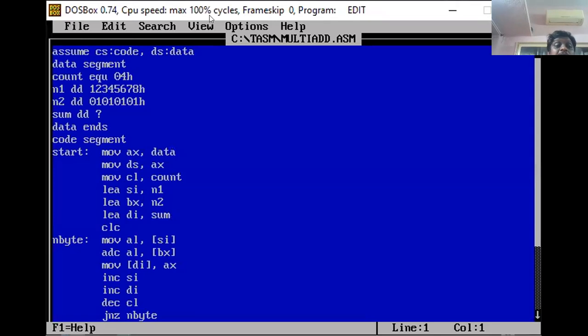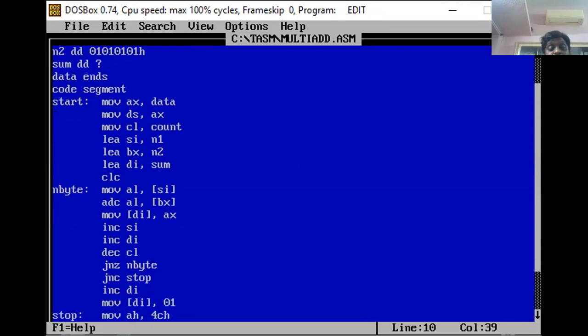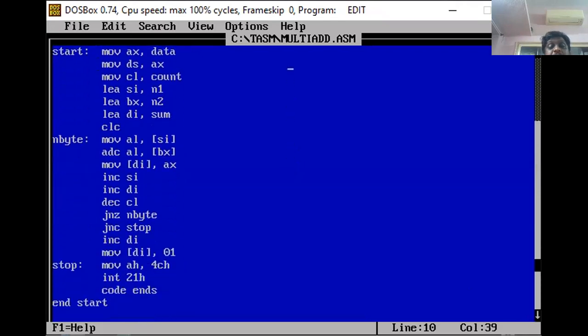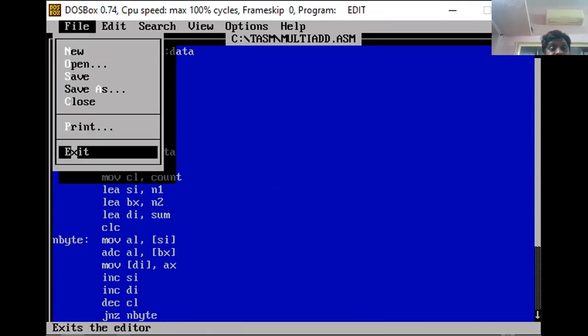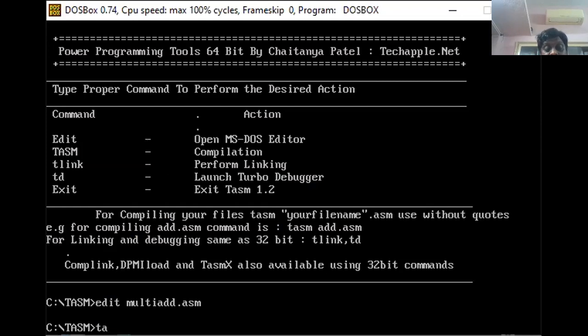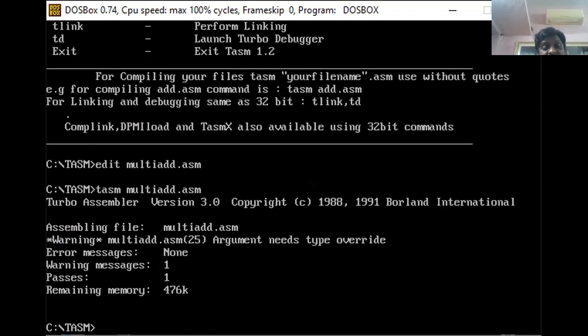This is the program that we discussed earlier, and now I'm just going to execute this program and show it to you. Save, then exit. Now what I have to do, TASM multi-add.asm. There is a simple warning, neglect that one.